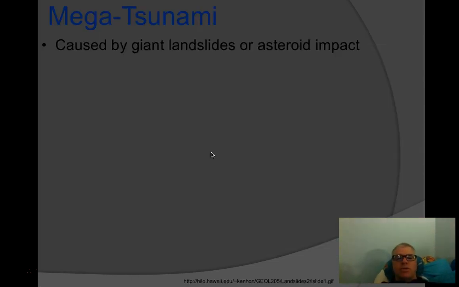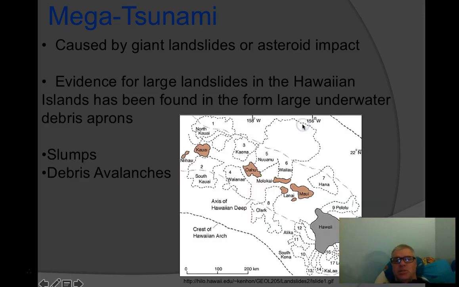And then one of the other things that can create tsunamis, sometimes referred to as mega-tsunamis, is when whole chunks of islands fall into the ocean. The video you're going to watch about Hawaii talks about Molokai, which is this island here, and how basically in one day, half of the island collapsed into the ocean. This would have created a tsunami at least 1,000 feet tall that, if it happened today, would have killed pretty much everybody in the entire Hawaiian island chain.